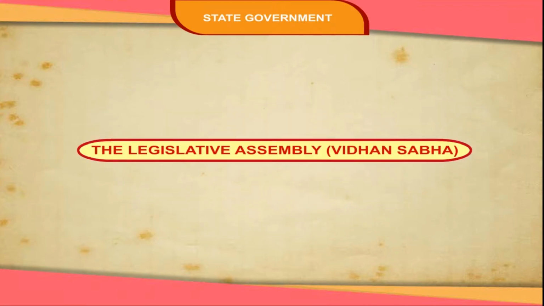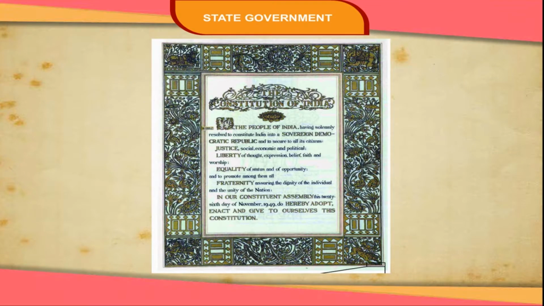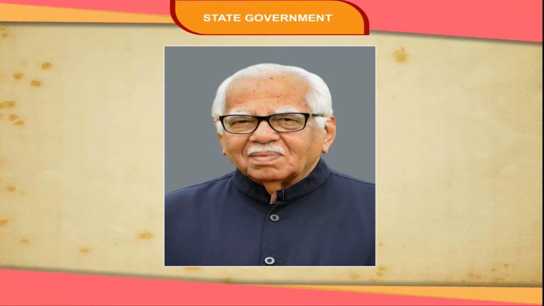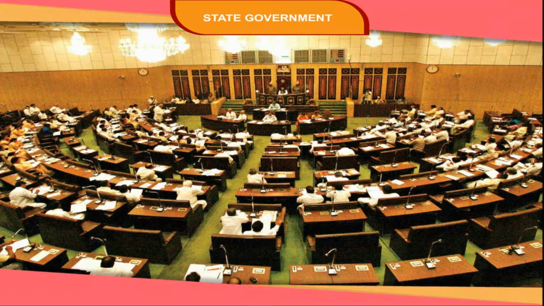The Legislative Assembly, Vidhan Sabha. Our constitution provides for a maximum of 500 members and a minimum of 60 members in a legislative assembly. The governor of the state can nominate one member of the Anglo-Indian community if it has not been represented in the legislative assembly. The number of members in the assembly is fixed by the parliament in proportion to the population